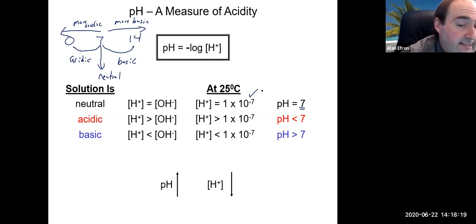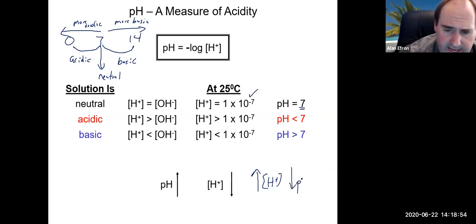If it's acidic, it's going to be less than 7 in terms of the pH. And that is, as we've been talking about, the H plus concentration is greater than the OH minus concentration and is greater than 1 times 10 to the minus 7. If the H plus concentration is less than the OH minus concentration, it will be basic, and that will lead you to a higher pH above 7. The pH goes up as the H plus concentration goes down, and obviously vice versa. If the H plus concentration goes up,